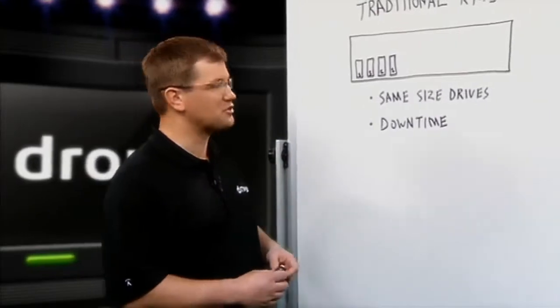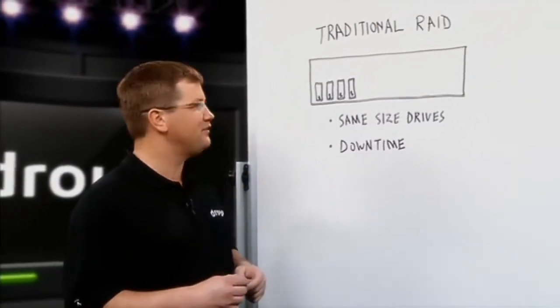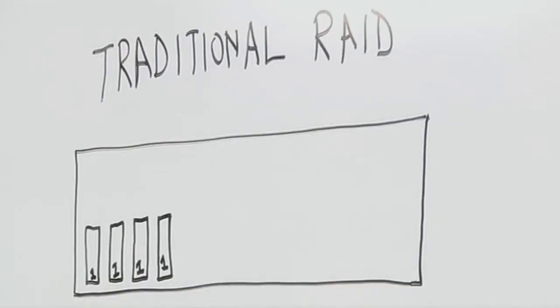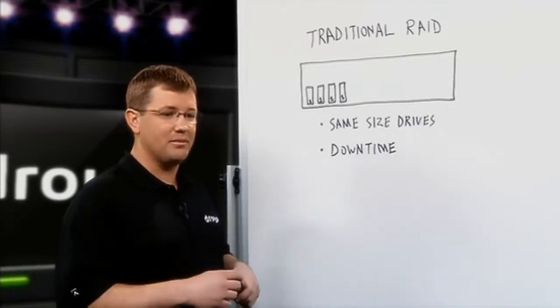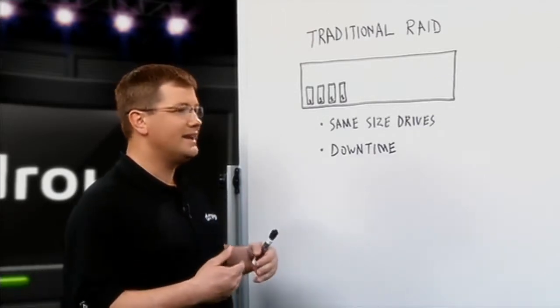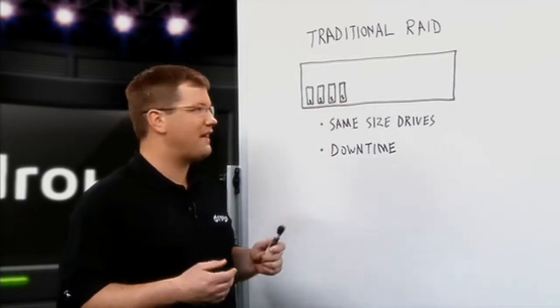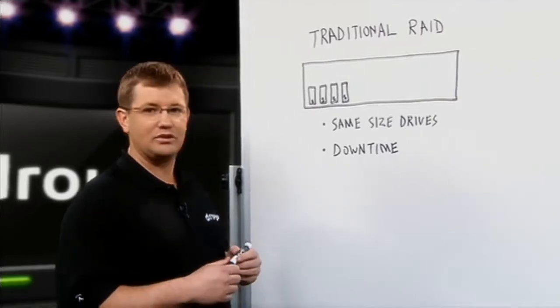So in this example, we have a traditional RAID array, and let's say you bought that array with 4 drives. So it's not full of capacity, you have empty drive slots. We have 4 1 terabyte drives here. And so you've saved some money, you're using the amount of capacity you need at that point in time, but now you need more capacity. So I need to add another drive. Your manufacturer may say just add another 1 terabyte drive, but let's say you want to use a 3 terabyte